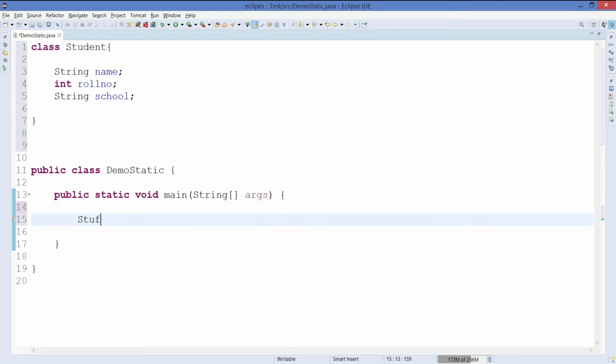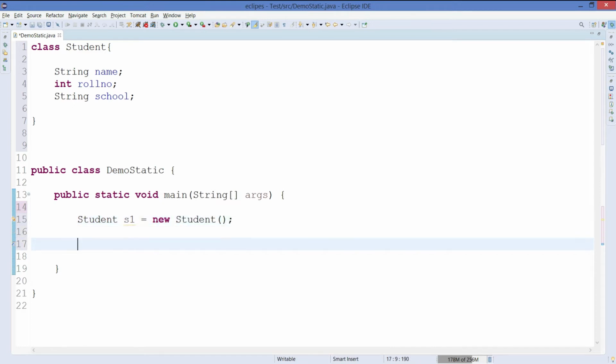Our first object will be s1 equals new Student. Our first student object is made. Now let's create the second one. I'll just copy this and give our next student reference variable as s2.